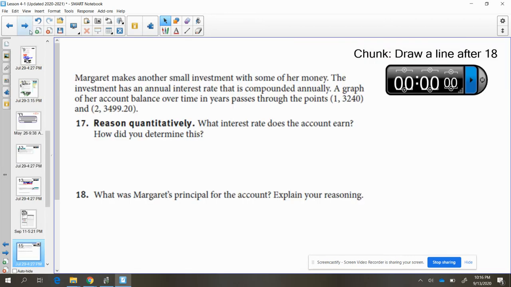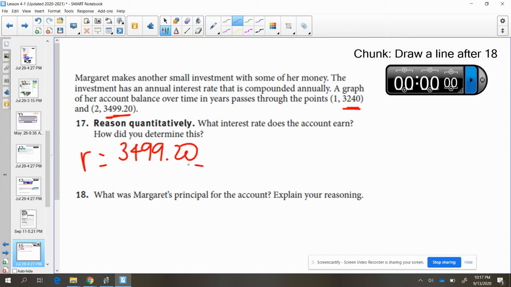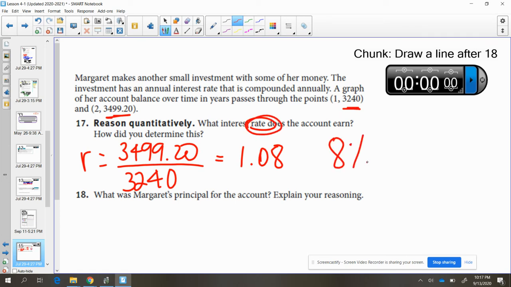And for 17 and 18, what we're noticing is if we have these exponential graphs, to figure out our rate, we're going to need to take the amounts, and to come up with our rate, just as we did with the geometric sequences, we're going to divide those two consecutive terms, and we're going to find that we get 1.08 as that common rate of change, aka the rate is 8%